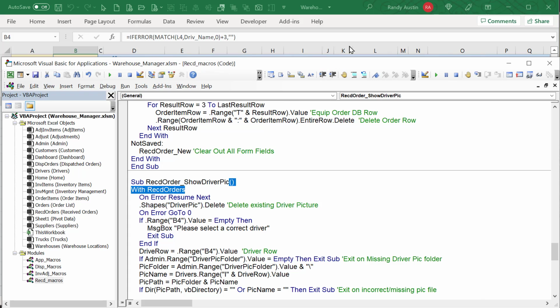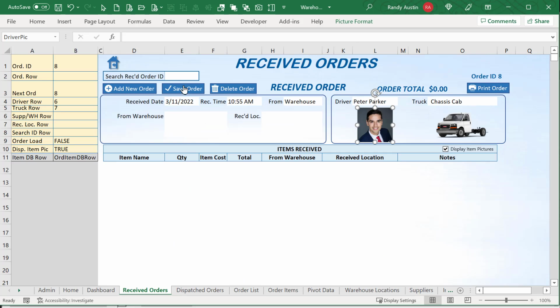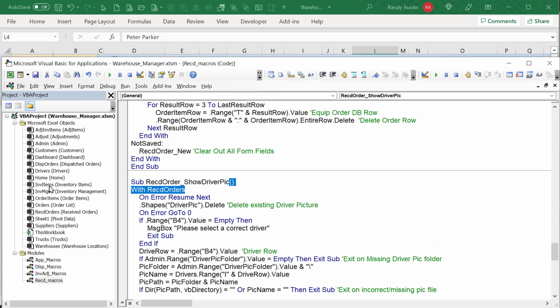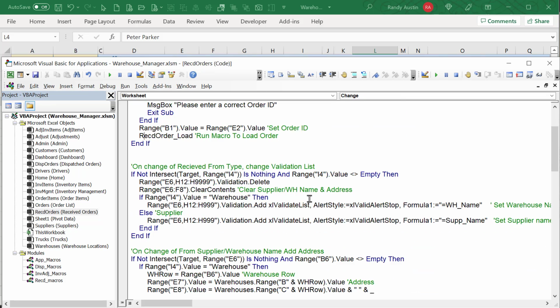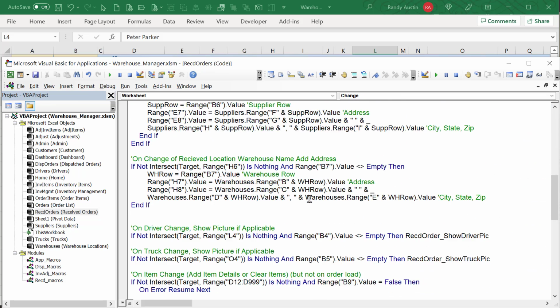First of all, it's always going to be called one name. That driver picture is going to be called driver pick. That way I give it a specific name. First thing I want to do is, and any change, remember, this is going to trigger on change event of L4. We went over that inside the received orders. Let's take a look quick back in L4. When there is a change to L4, that is exactly when